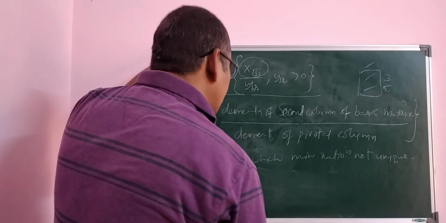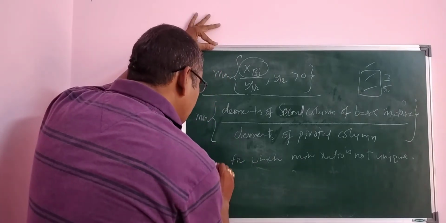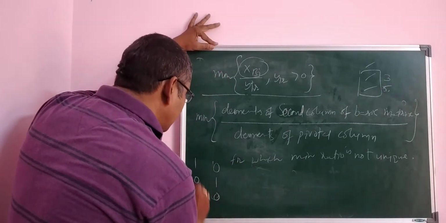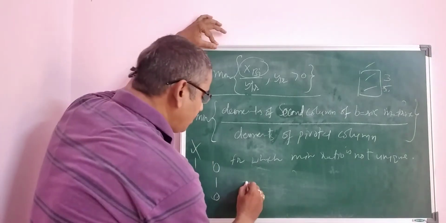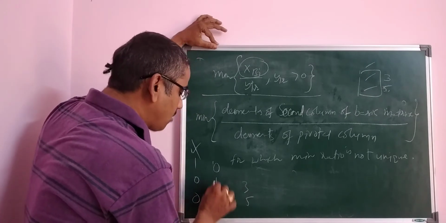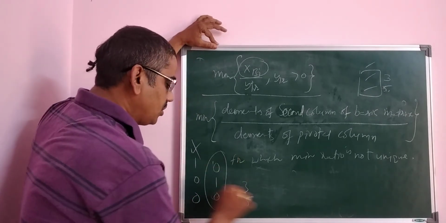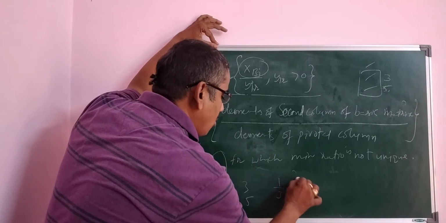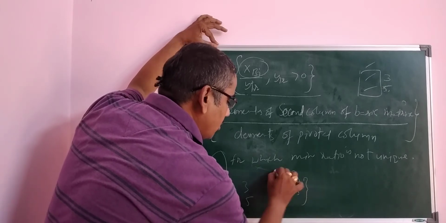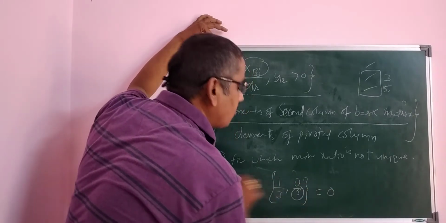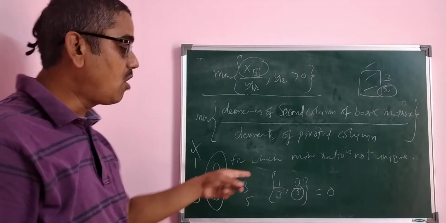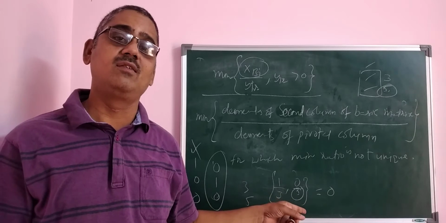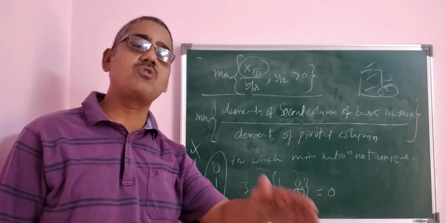For example, for the same elements, instead of 1, 0, 0 you consider 0, 1, 0. First we considered 1, 0, 0, but a unique ratio was not obtained for 3 and 5. Now we consider the second one, so 1 by 3 and 0 by 5. Therefore the minimum corresponds to the element 5, so now the degeneracy problem is resolved.